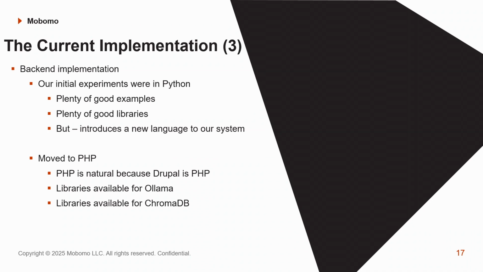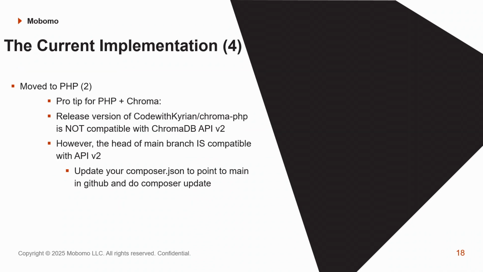Okay, so implementation. Initial experiments were in Python, which is great. Bazillions of libraries, works really well. Great examples out there. So we tested it out on Python until we got the bugs out. But since Drupal is in PHP, that seems like a convenient thing. So we ported everything over to PHP. There's a good library available for Ollama. There's a good library available for ChromaDB. However,